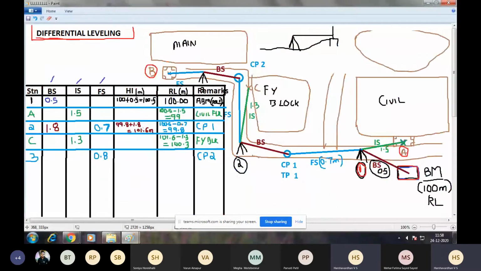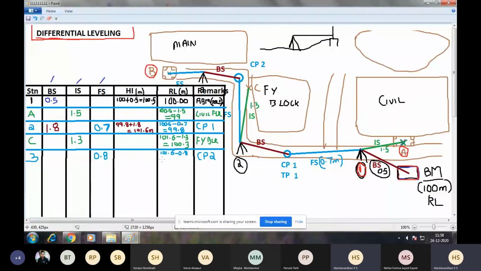So height of instrument is 101.6 minus foresight 0.8. So 101.6 minus 0.8 is 100.8. So I have calculated the RL of change point 2.